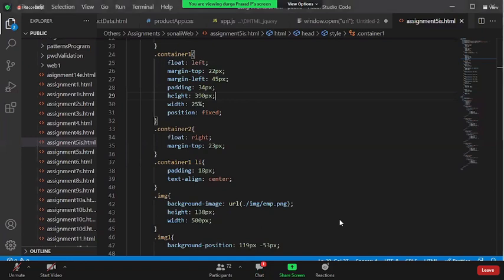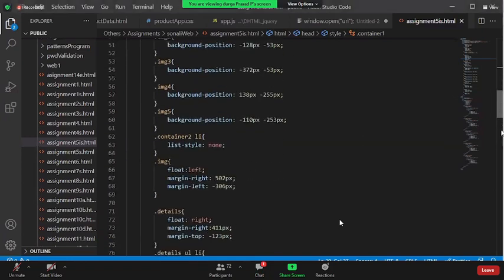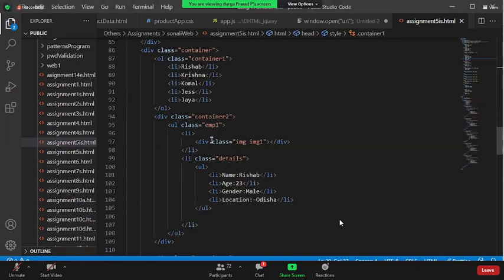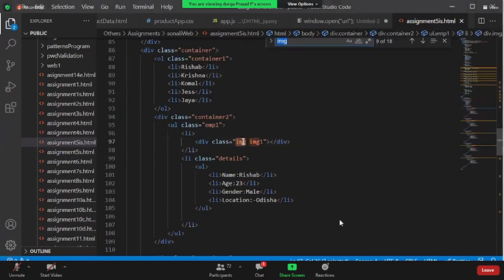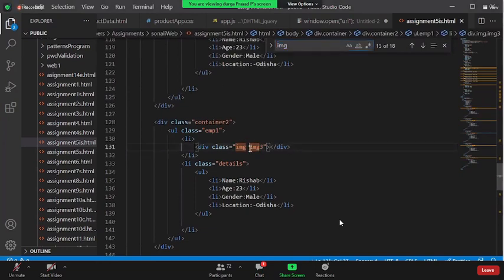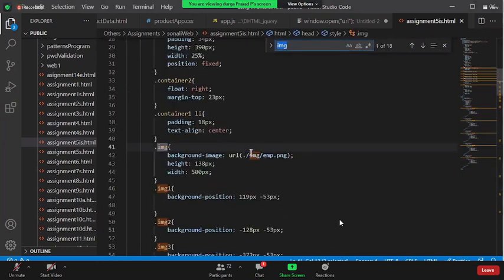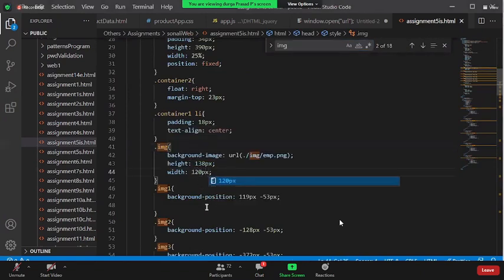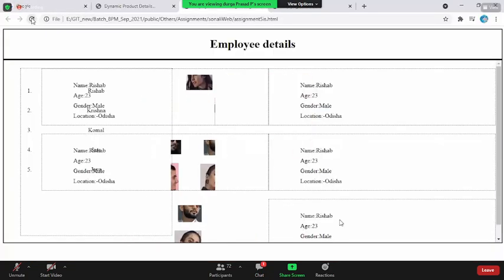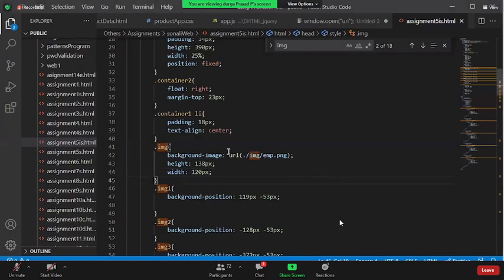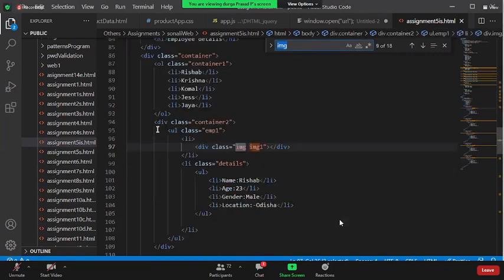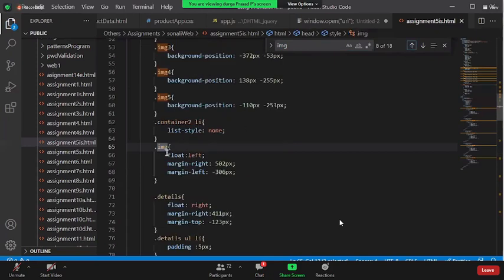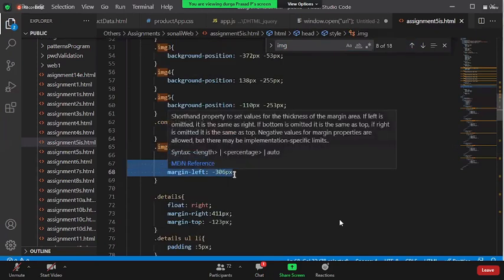One thing we don't understand is in your assignment, when you're giving the div class img, what is this img? The width should be 120 pixel. But when I'm setting that div, why are the other divs getting occupied here? Are you using the img tag for anything else? Alright, the problem is you are using the same img class for float left and margin right properties, right?